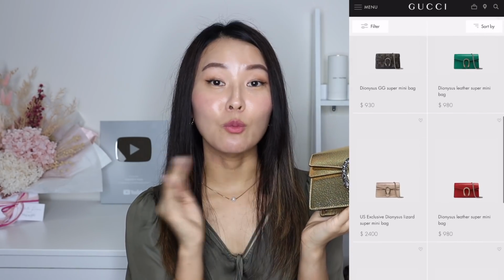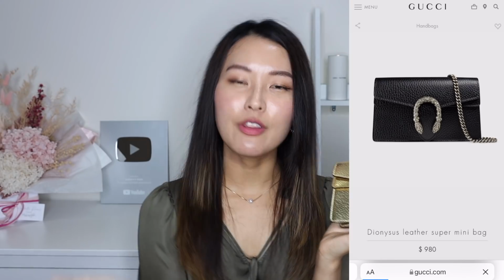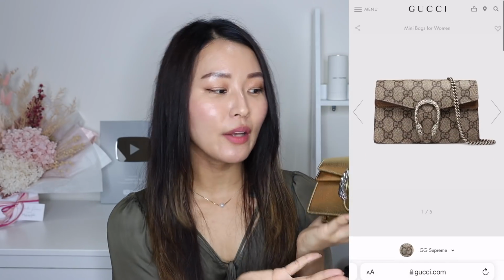So if you go for something more neutral like the black one, even the white one, or the GG monogram one, I definitely can see that you can use this as a really nice, cute day bag. And the capacity, although it is very mini and is not amazing, if you're very minimalistic, which I think a lot of us are with the pandemic, we have really learned to downsize our belongings that we carry around with us at all times. I definitely think that it can fit enough in terms of, you know, your keys,